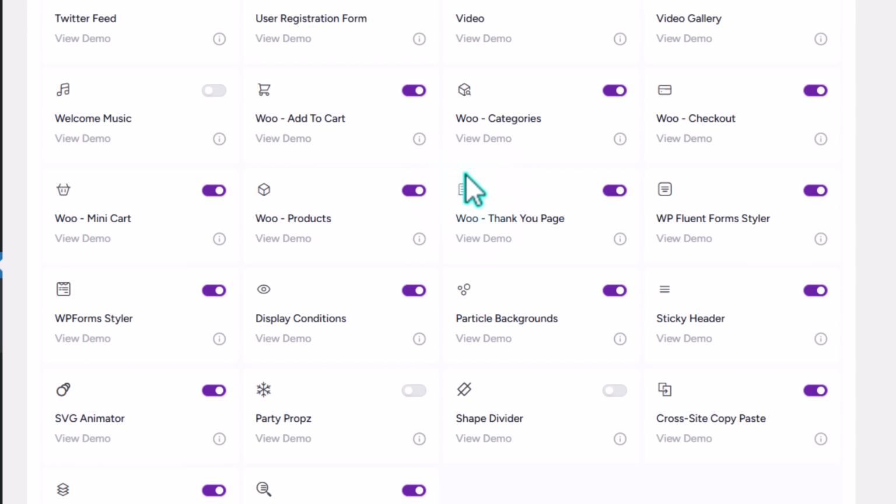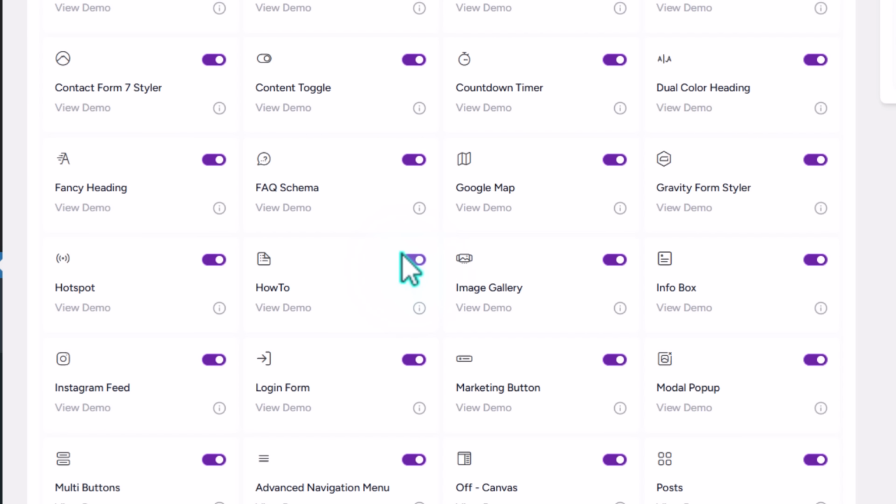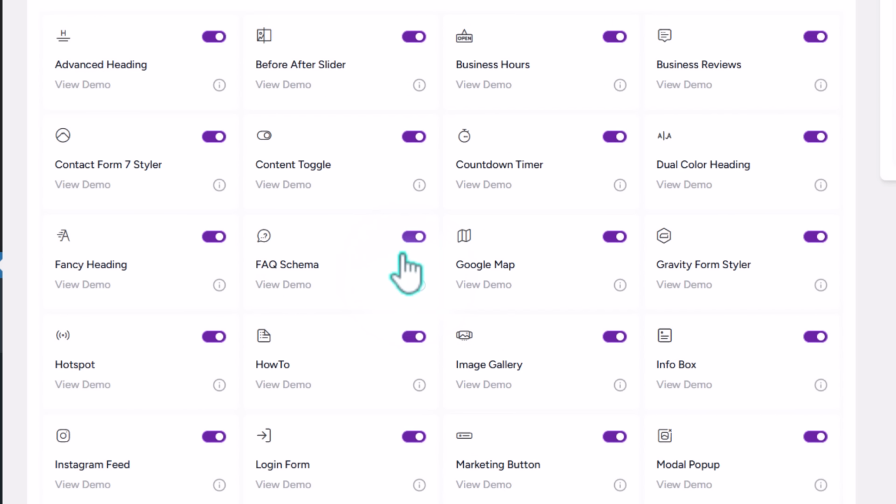So in case you want to sell using WooCommerce, you have your WooCommerce here, add to cart, WooCommerce categories, your checkout, your video gallery, like I showed you earlier, Twitter feed. You can display that inside of Elementor. Unfortunately, I will not be able to spend time to show you how all of these things work. Like I said, I have done a tutorial on the UAE. I'm going to leave a link